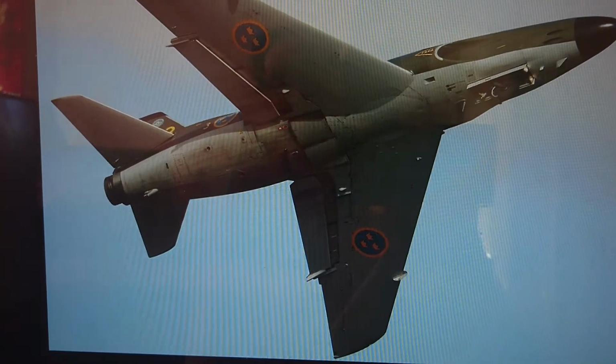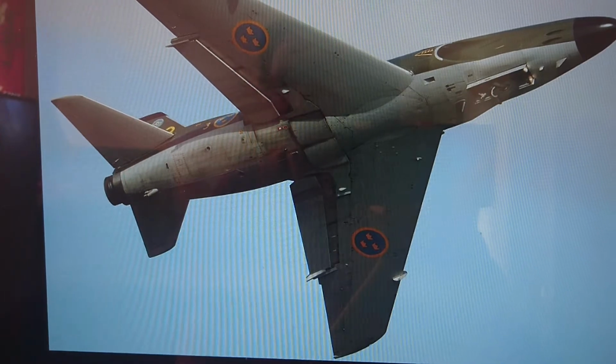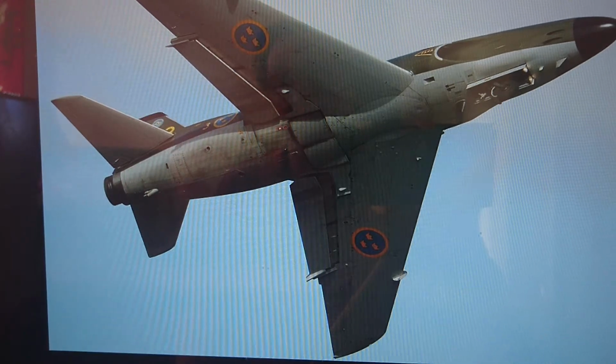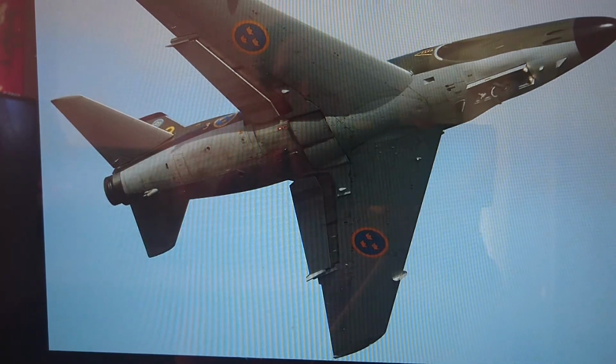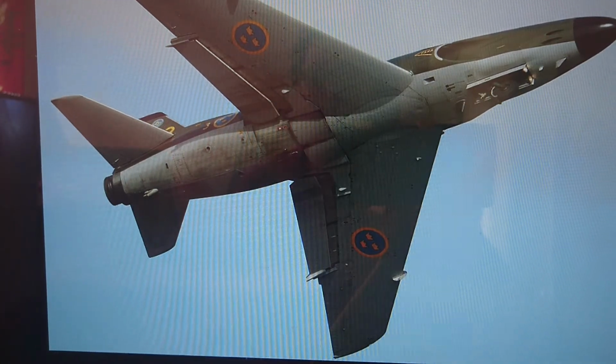So I'll leave you the lovely picture of a Lansen. This gives you more of an idea of what the aircraft looks like. It's quite a nice looking plane. It's typically Swedish, being stubby, and quite a fat thing in terms of its shape overall. But it is quite reminiscent of the Hunter in many respects, even though it's a low wing and not a mid wing. And the engine is obviously the same as the Hunter. It's just a Volvo Flygmotor licensed production version of the Rolls-Royce Avon RA.7, but it's fitted with